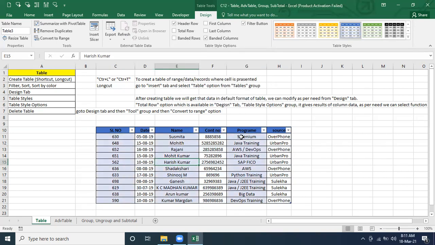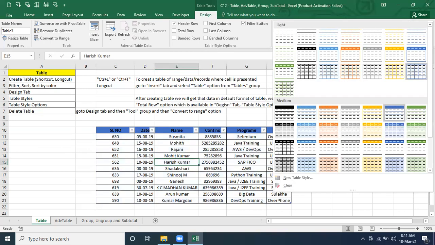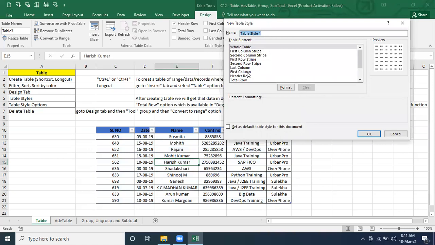Now it's showing banded column: the first column and second column without formatting, the third column with formatting, and the fourth column without formatting. If you don't want the banded row with the column also, you can remove it here. If you are going to define your own, here you have to tell what will be the first row strip and second row strip.